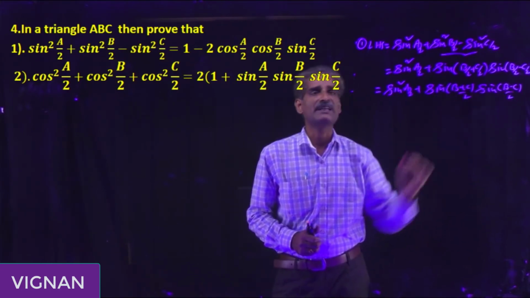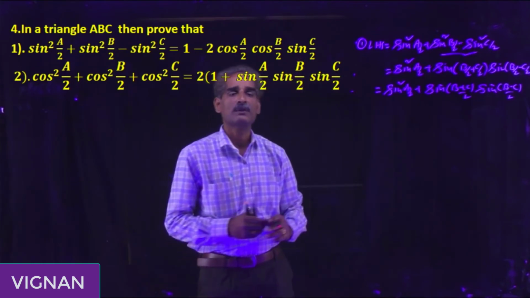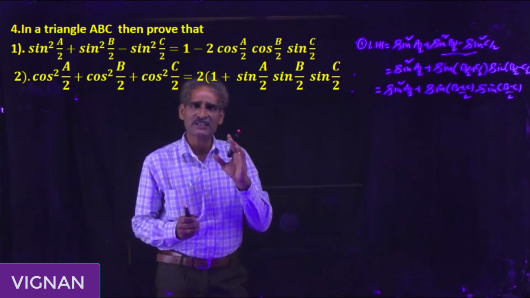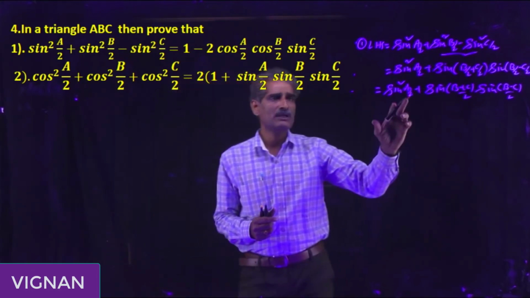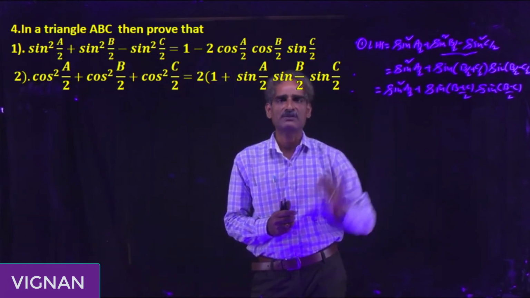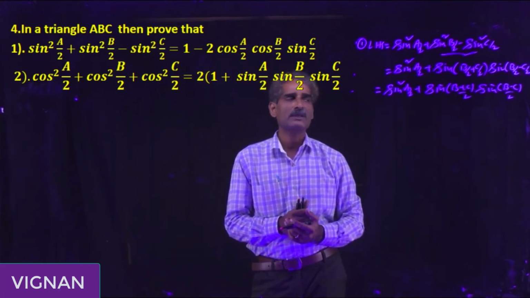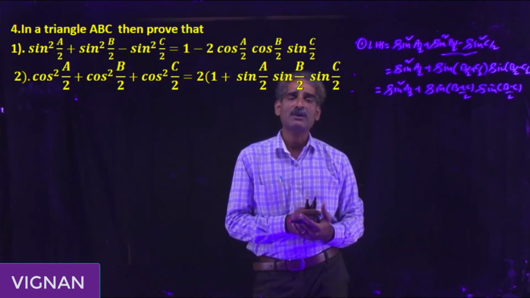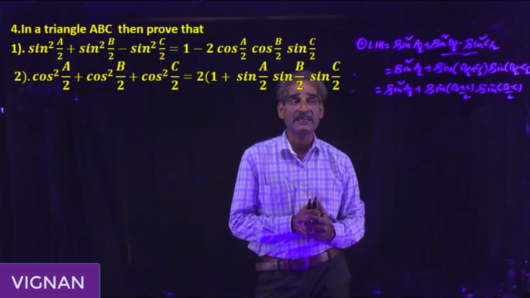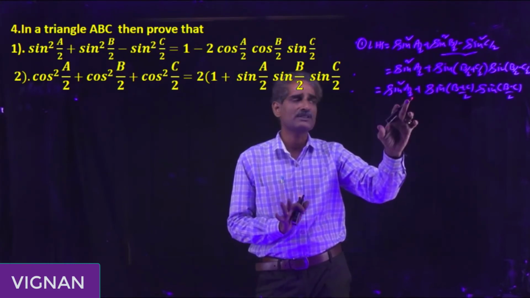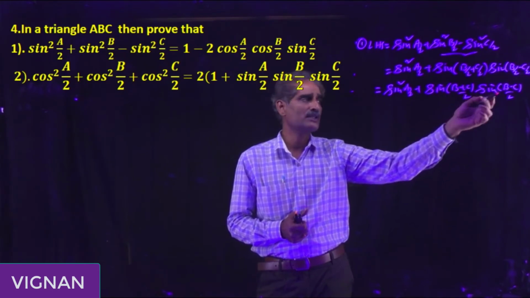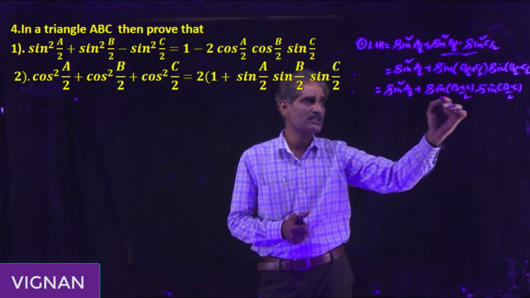So observe the right side of the first problem. There are cos A by 2, cos B by 2, sin C by 2. The angles are important. Here A by 2 is already there, so there is no need to change this function. Their functions are also not important. First of all, observe the angle. A by 2 is there, no problem with this. So how can you write these angles in first degree form? Here there is no chance. Here we can change this angle.